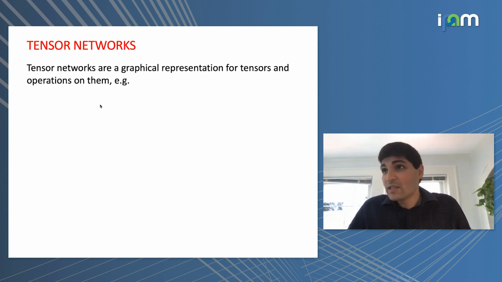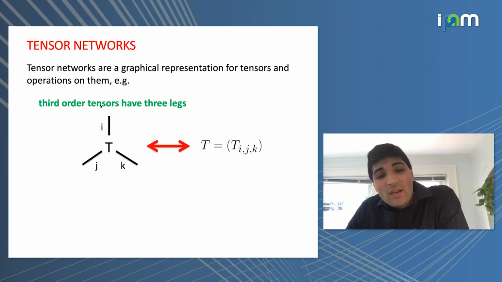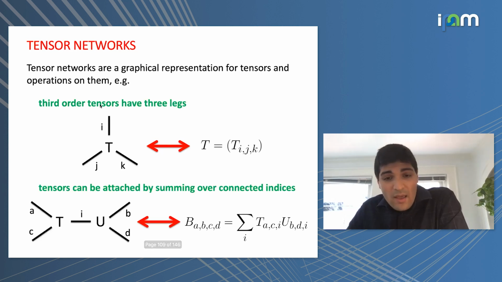But let me leave a brief teaser in the last 2 minutes: there's a way to use something called a tensor network, which is just a graphical representation of what a tensor is. So a third order tensor you would write with this sort of wheel with 3 spokes. And you can use tensor networks as a language for manipulating tensors. You can take 2 tensors and connect them along an edge, and that's really some sort of algebraic operation on what to do with those tensors on the other side.